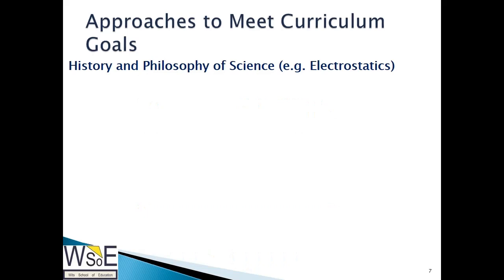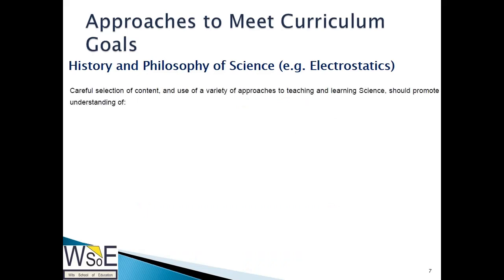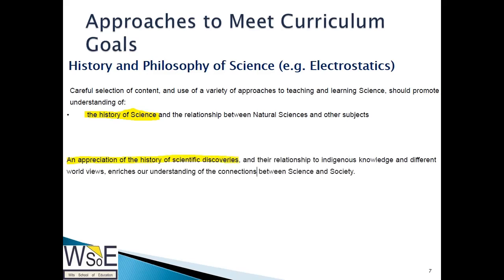Is there place for it in CAPS's curriculum? Well, it says that careful selection of content should promote the history of science and the relationship between natural science and other subjects. There must be an appreciation of the history of scientific discoveries. So yes, there is scope for this approach. Let's look at the third approach,